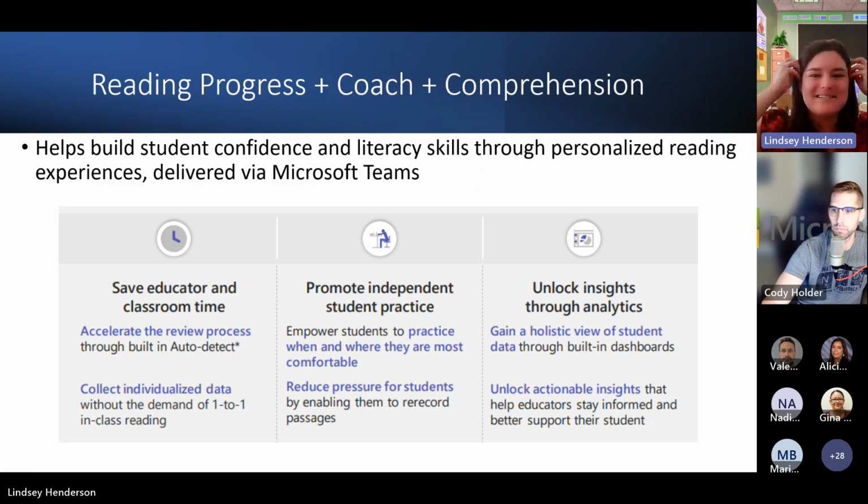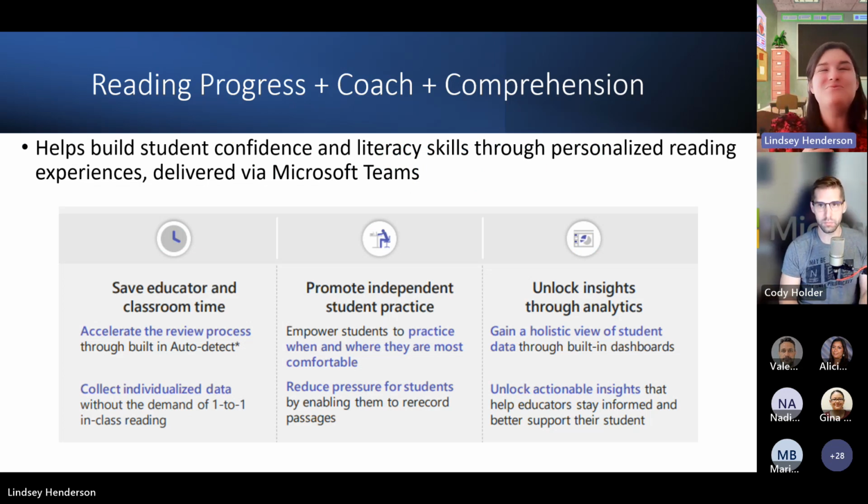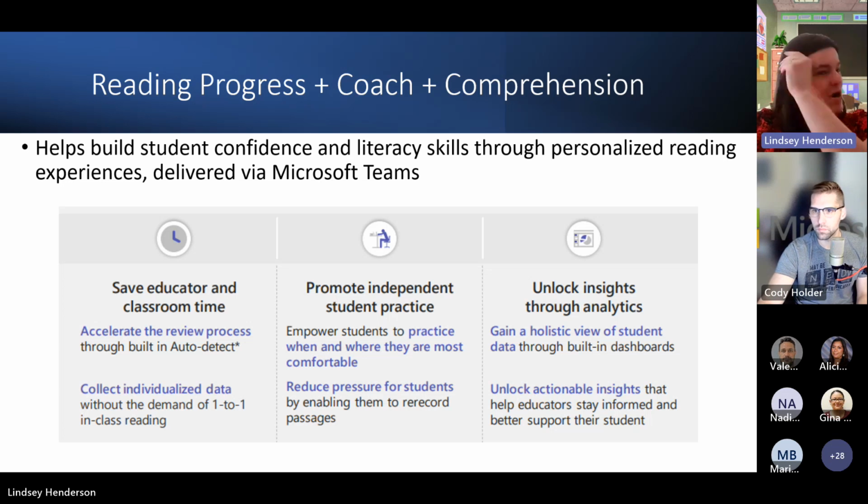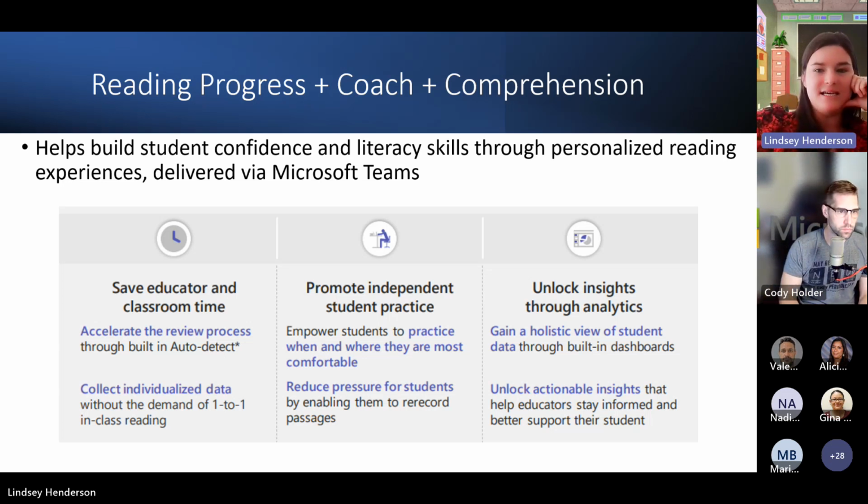Okay, Reading Coach, Reading Progress. So as we all know, educators are faced with so many different challenges today. I think I've heard a stat that like 64% of teachers have students that have 4 or more reading levels in one classroom. So in addition to that, teachers are going to be facing challenges around lack of class time to provide individualized attention and support. Maybe not enough school or district support that's needed to help with the impact and efficiency in the classroom. We know that it's time consuming and tedious to track individual reading progress at scale. When it comes to the reading test days, a lot of the times, teachers have to, you all know it.